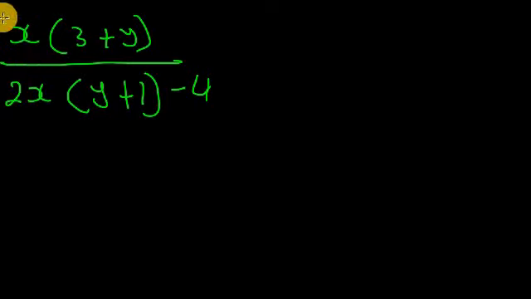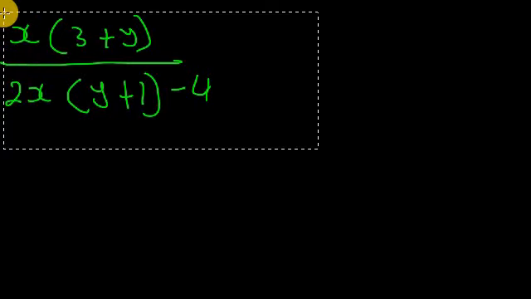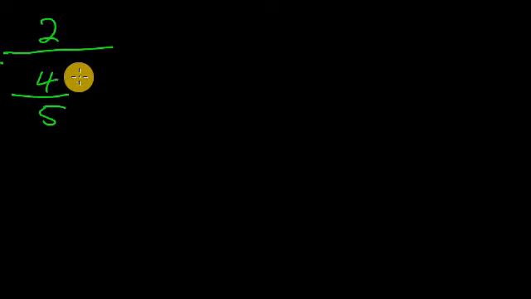Now the next one is when you are having a complex fraction and not an algebraic fraction. So what am I saying? Many students usually find this confusing. So what if you have something like a whole number 2 dividing a fraction 4 over 5? How can you simplify this? Now the best thing you can always do is to turn this long division into a regular division. We have two types of division. We have the long division, which is often used when dealing with fractions,